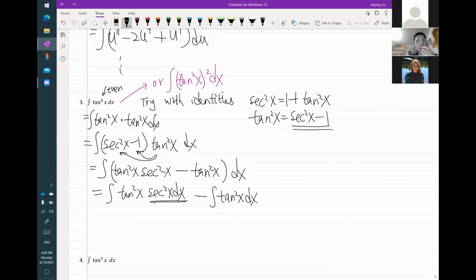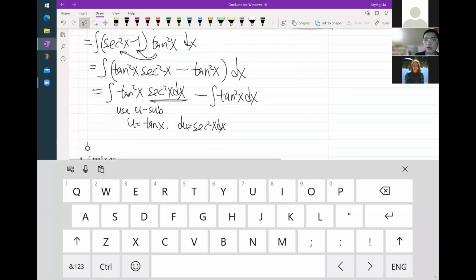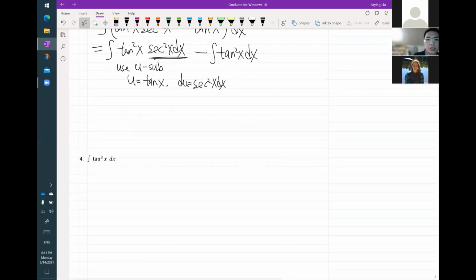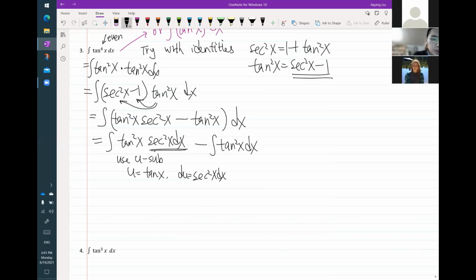So the next step, let me see, how should I write this? I'm going to say the first integral, we're going to use u-substitution by letting u equals tangent x, du equals secant square x dx. That's just for the first integral there. The first integral we can write as u squared and then du, because this is the derivative of tangent. And then minus the second term, I'm going to replace the tangent square with secant square x minus 1. So that's integrating secant square x minus 1 dx,